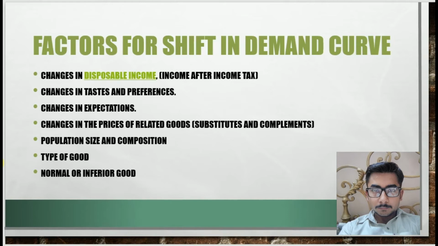The fourth is changes in the price of related goods. There are two types of goods: one is substitute and one is complement. Substitute goods are the perfect substitute. For example, I can use one good in place of the other good. The examples are Coke and Pepsi. If I want to purchase Pepsi and I cannot get a Pepsi, then I can use Coke in place of Pepsi. And the second is complementary products, which go